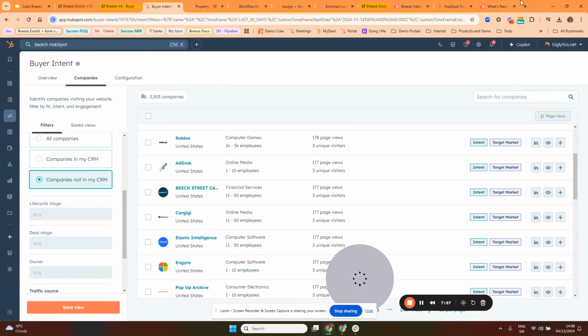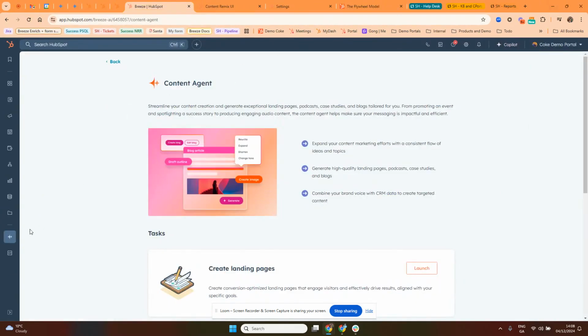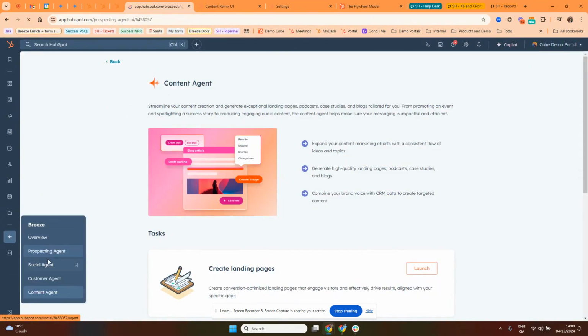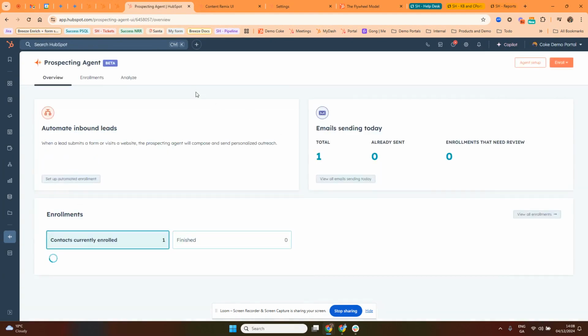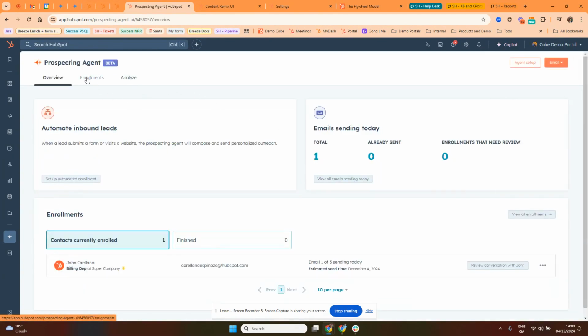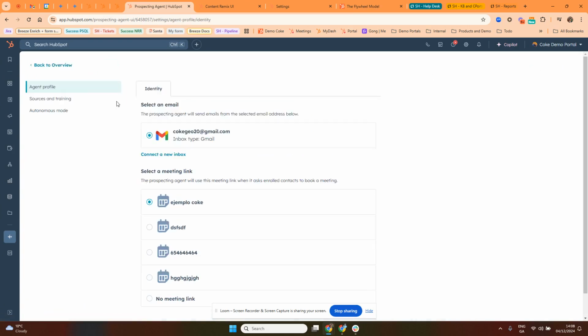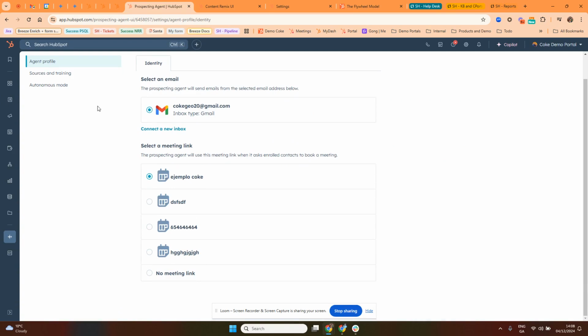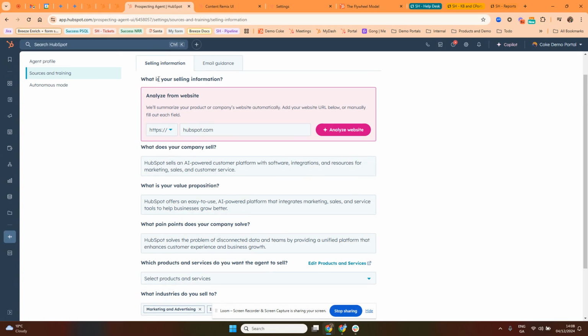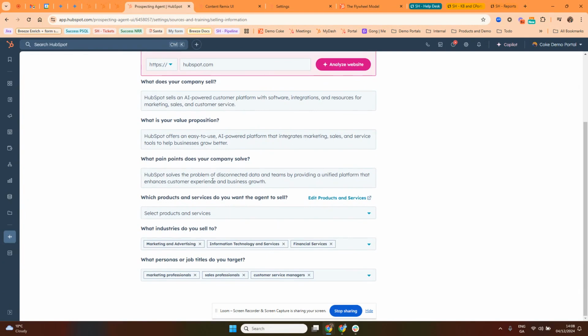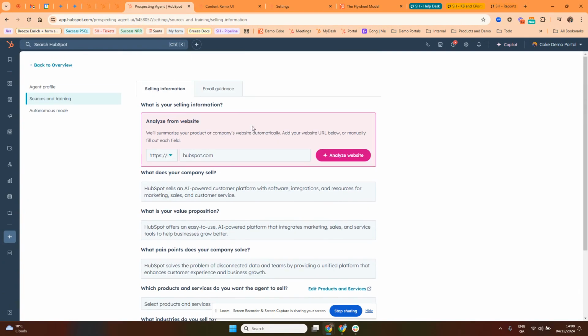So for the prospecting, we have a prospecting agent. I already set up my prospecting agent, but it's pretty straightforward to set up. First of all, you have to have an email connected. You can have a meeting link if you want, it's not mandatory. Then you can put in your website, and it's going to analyze it and get valuable information that it's going to use later on for the emails that it's going to generate and maybe send straight away to